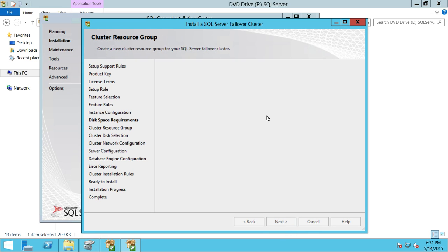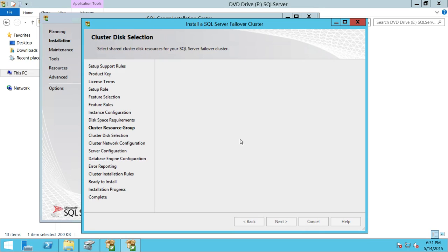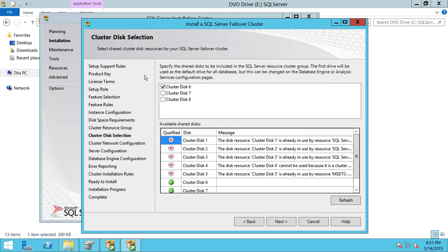Click next. And these are the disks that are not available right now, just SQL Prod M and DTC. There are some of the disks that are already taken. And this is the SQL Server cluster resource name right here, SQL UAT. Click next. And these are the disks that we do want to use, so select all of the disks. Keep in mind that these are the disks that we just added for this SQL Server instance. So if you install more instances, you need to have more shared disks. So click next,